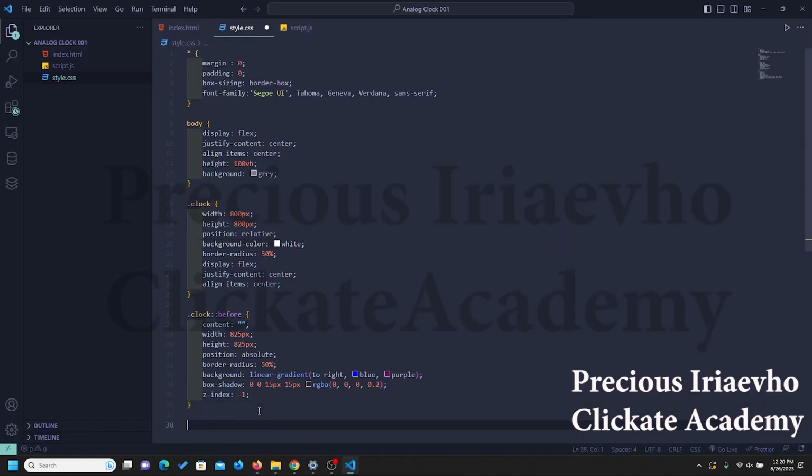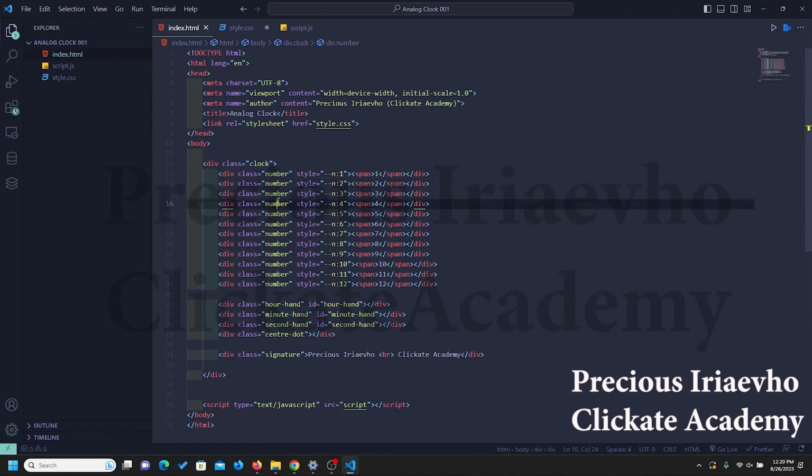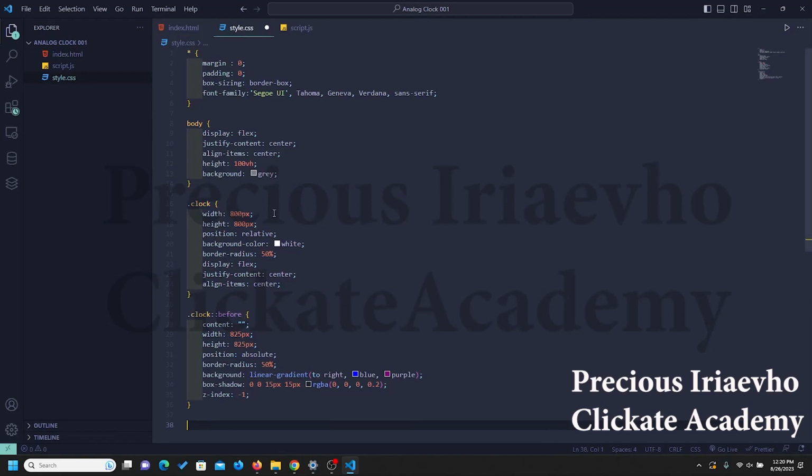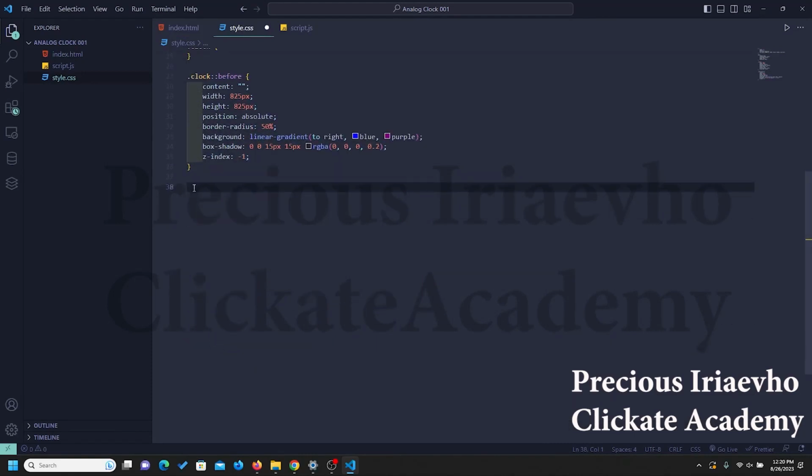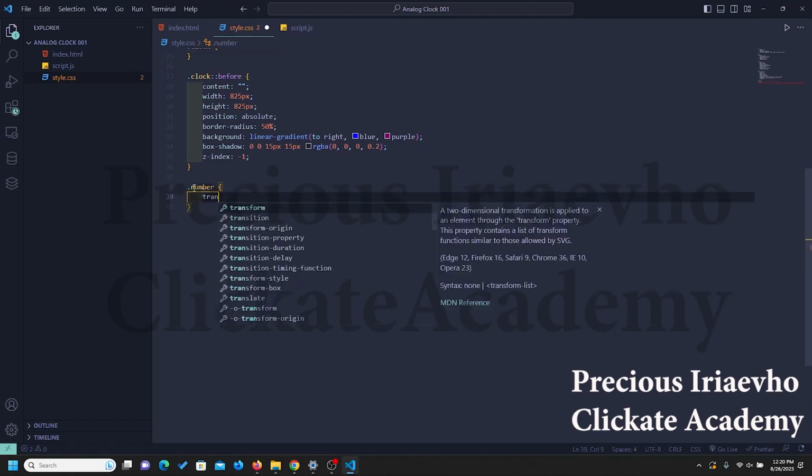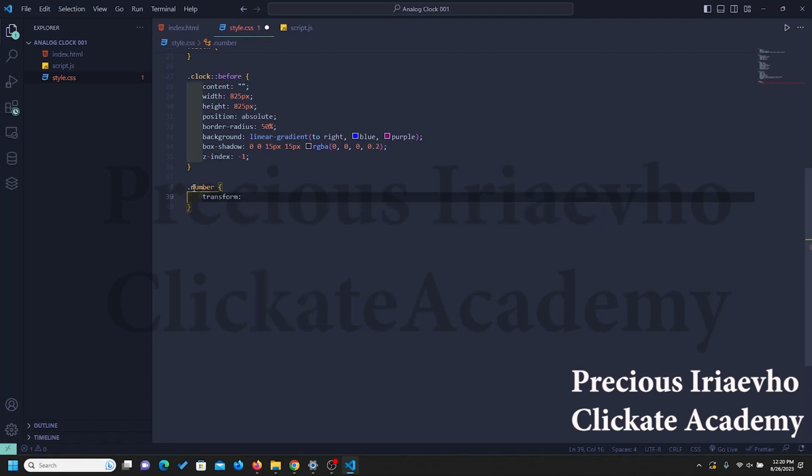The next thing we go to work on now are the numbers. So we have number 1 to 12. And remember, I gave them a class of number. So I'm going to use this number to target every one of them. Since it's a class, it's going to target every one of them. So number, and what do we do with our number? We want to transform them. So transform, then rotate them. So we are rotating them on their axis, calculating it at 30 degrees,